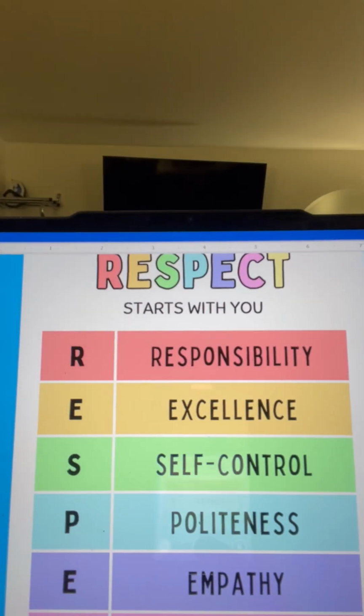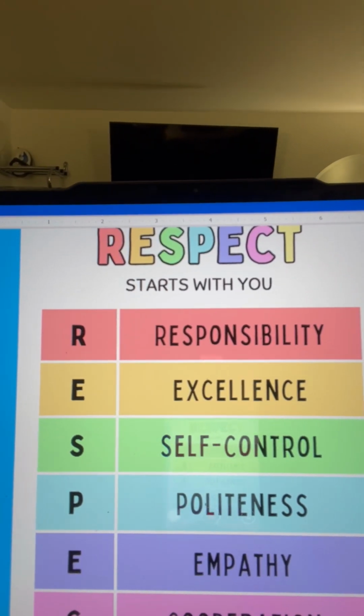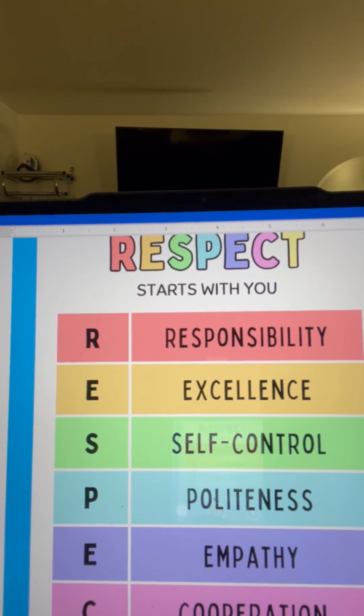What I discovered a couple weeks ago when I had kindergartners, actually also sixth graders and first graders, was they knew very little about respect. And so, what I decided to do was create a version with respect. I'll show you this. This is the worksheet that I created through Canva.